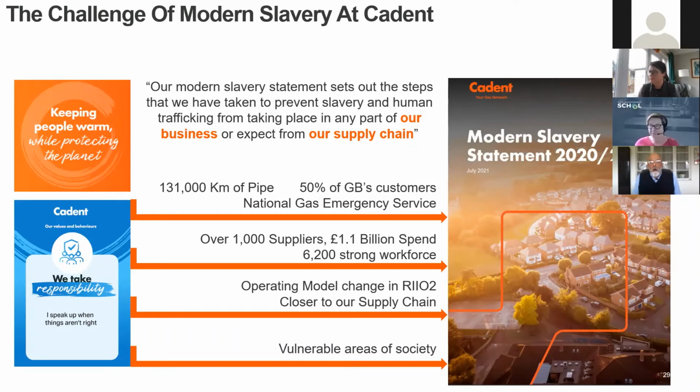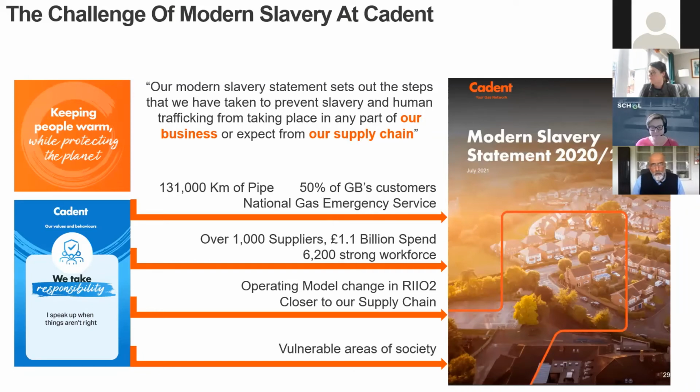131,000 kilometers of pipe that falls into most of England comes within our remit. We also happen to be the national gas emergency service for the whole of Britain. So if anybody rings 0800 and says, I can smell gas, it comes to Cadent first, and then we pass that on. So that puts us in quite a unique situation where all kinds of vulnerable areas of society,